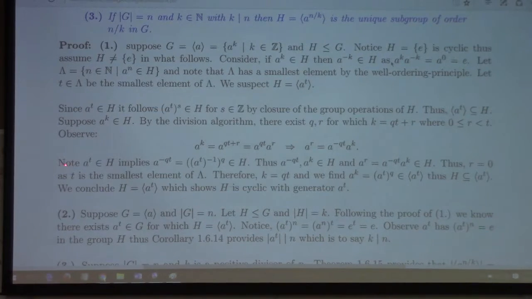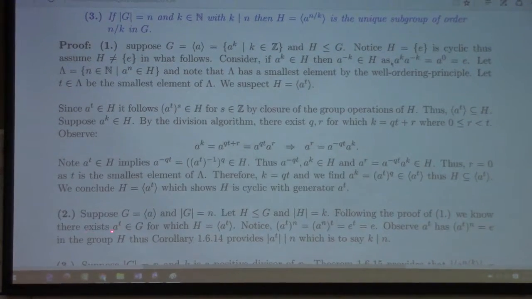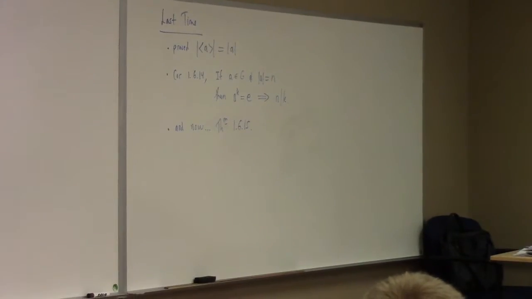Same song and dance. All right, and then for point 2, if you have the order of the group is n, and you have a subgroup of order k, by the proof of 1, we know that we can write h as being generated by a to the t. But we also know that if we raise it to the power n, we get e, right? But we proved last class that if you have a to some power equal to e, that means that n must divide that power, right? So